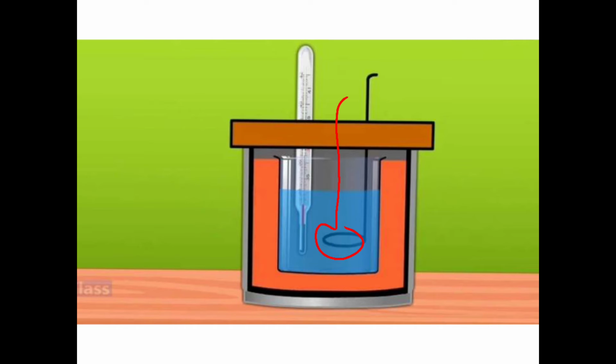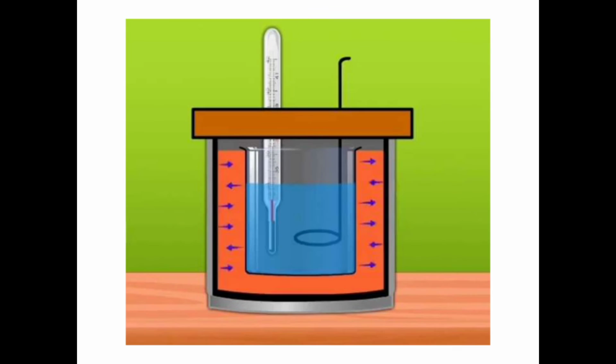This process will go on till all three reach the same temperature. As the calorimeter is thermally isolated from the surroundings, the total heat which is lost by this hot object is equal to the total heat absorbed by the calorimeter and the water. Right? Do you agree? Vice versa.